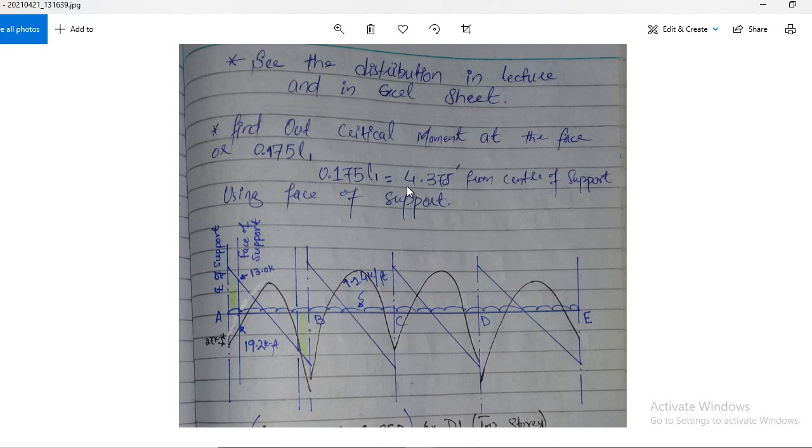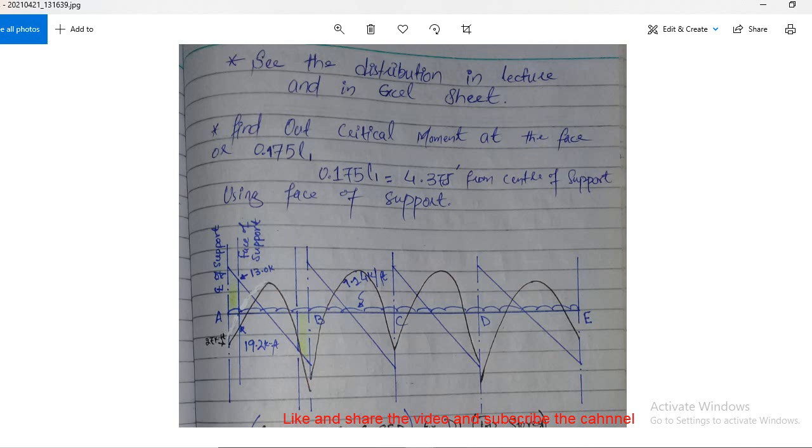The face moment can be calculated at this much distance, but we consider the face of the column at a distance of 7 inch. Now let's say you have a shear wall right here. In that case your face will be located at this much distance, but you have to multiply that with your L1,